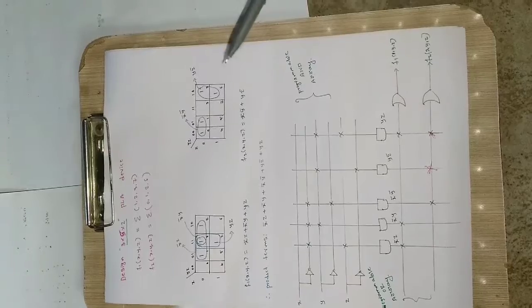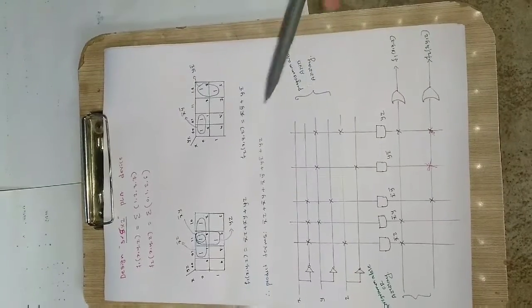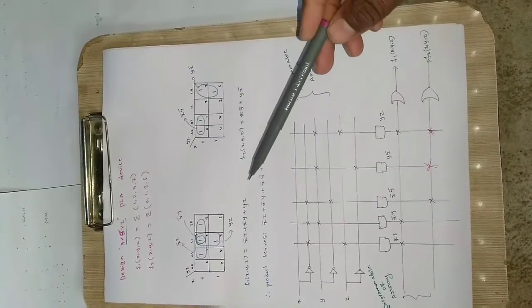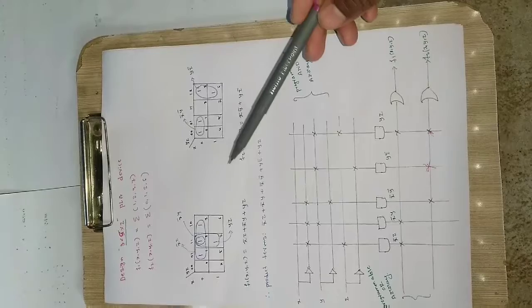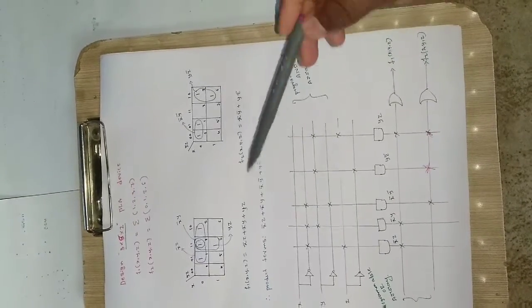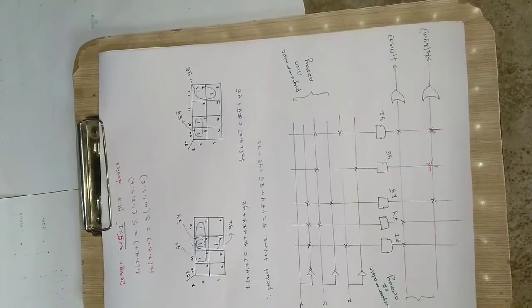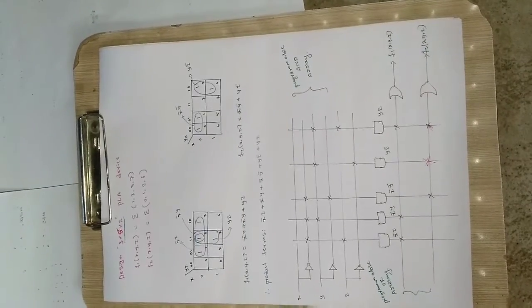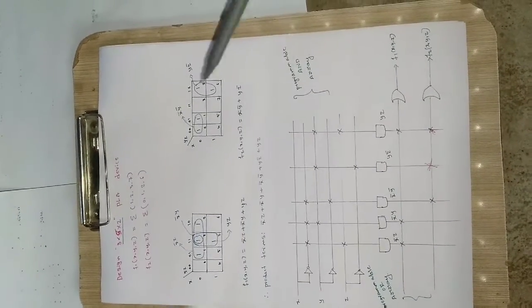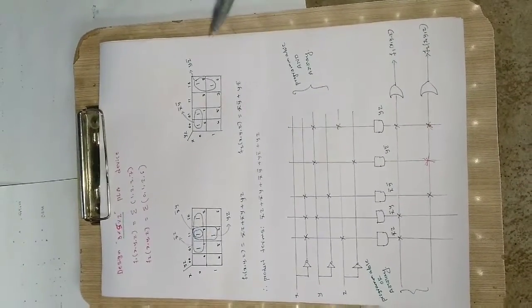For any boolean expression, whether they give directly the output boolean expressions in terms of the variables themselves like this, or they give min terms, or they give a k-map, or they tell you to simplify, anything they can ask, but just know the method. So this is the overall method which we will be following.